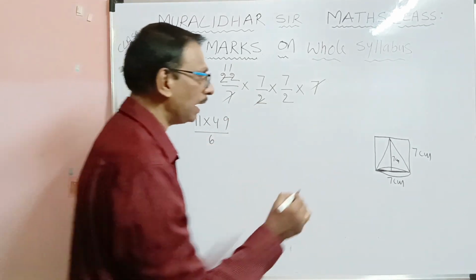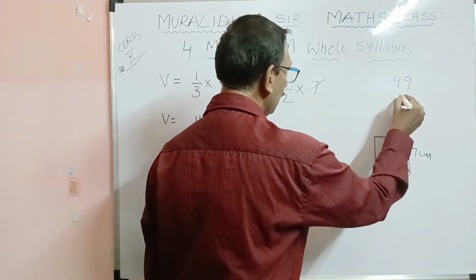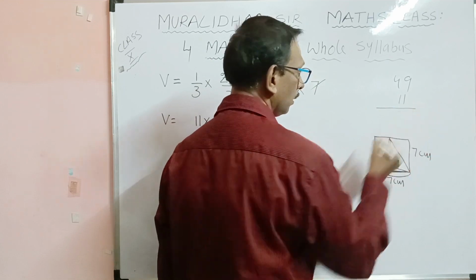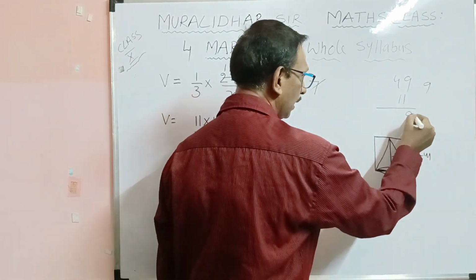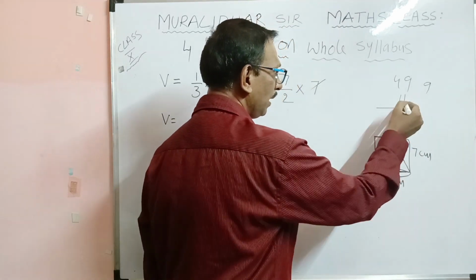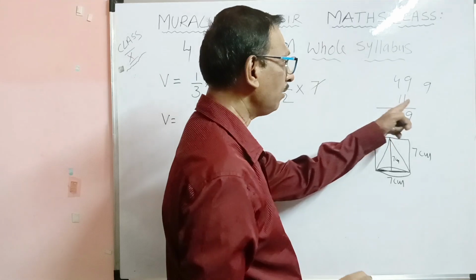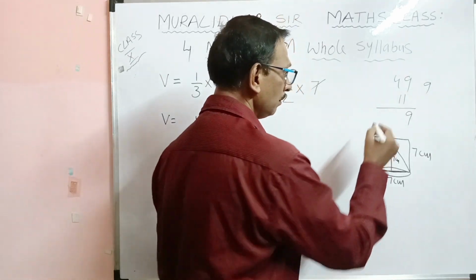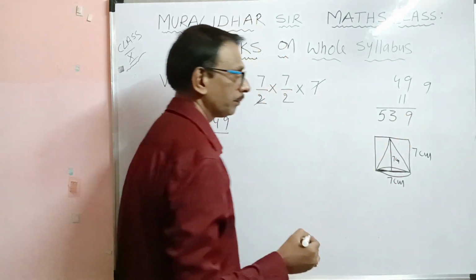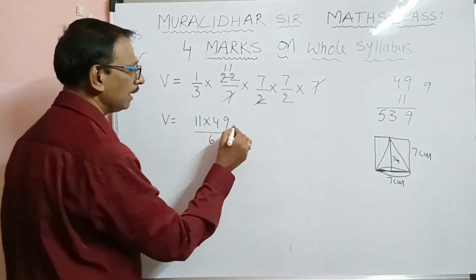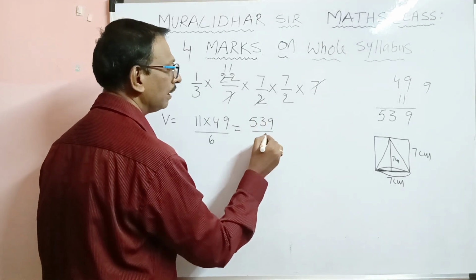Now you multiply 49 by 11. 11 into 9, 99. 11 into 4, 44. 44 plus 9, 53. So 539 by 6